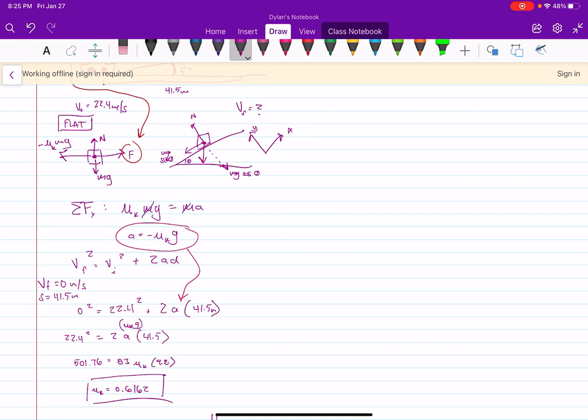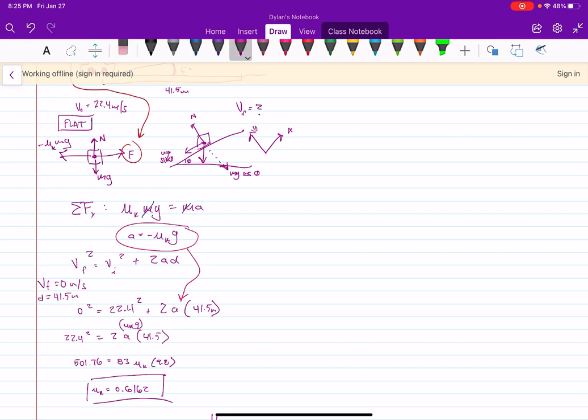So I substituted that in, and I know that a, the acceleration, is the coefficient of static friction times gravity. And from my basic kinematic equations, I listed all of my knowns: my final velocity, my initial velocity, and my distance,